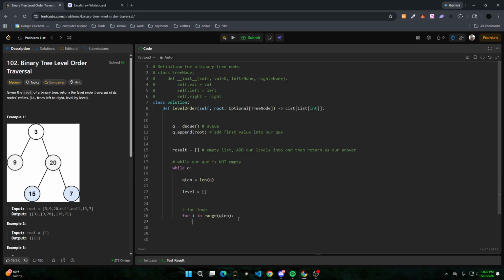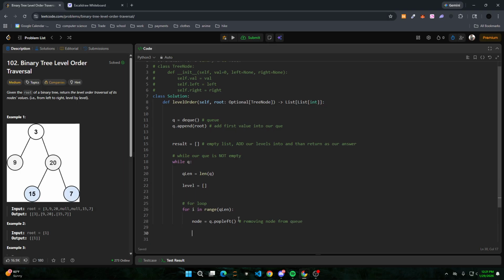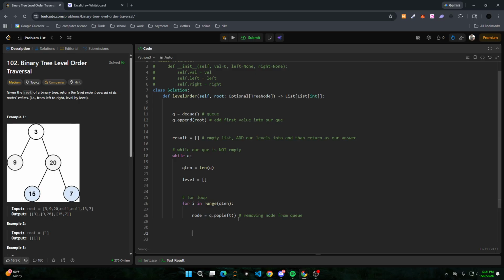So for i in range of Q length, the first thing we're going to do, like I mentioned, is we're going to want to remove whatever segment we're on. So that's going to be, let's make a variable called node equals Q.popleft, right? So this is removing node from Q, right? And because of that, now as we have that as a variable, we can do an if statement or a condition like if node. So if that node is not empty, right, meaning we're not at the last segment,